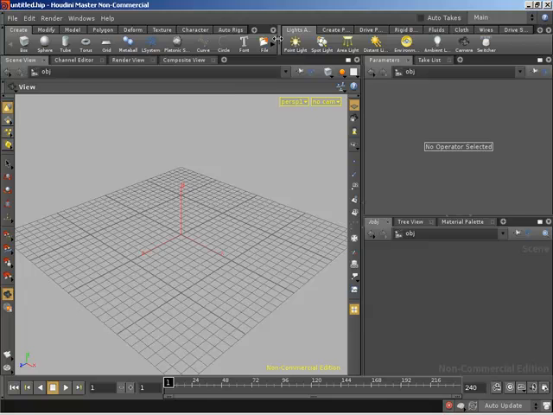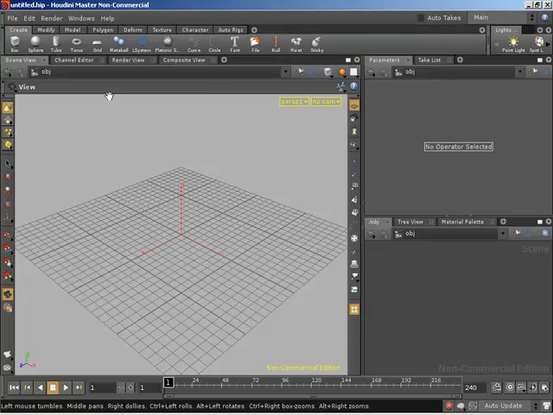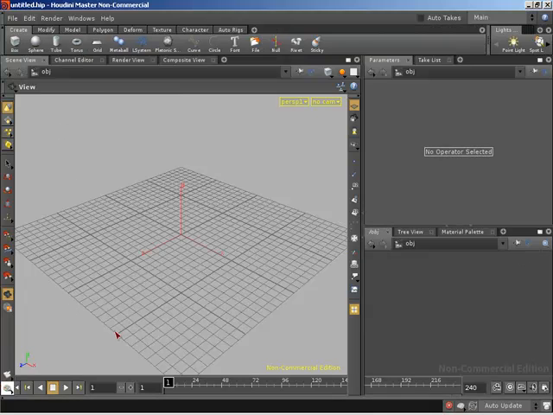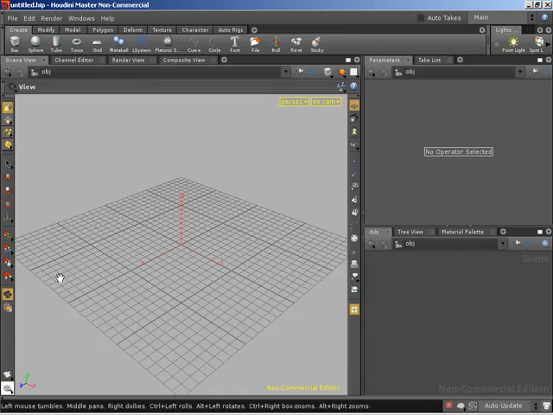I was going to say, I'm just going to grab this center divider between our two shelf sets. I'm just going to slide him over to the right since we're only really going to be dealing with the sort of modeling tools over here on the left-hand side. And you want to go ahead and hide the play bar there? Yeah, just to get rid of that, because we're not dealing with animation,